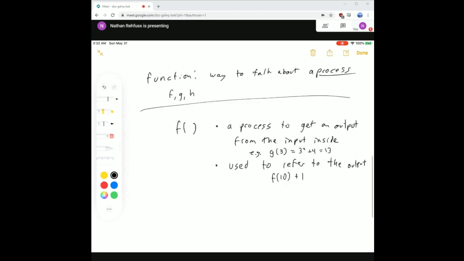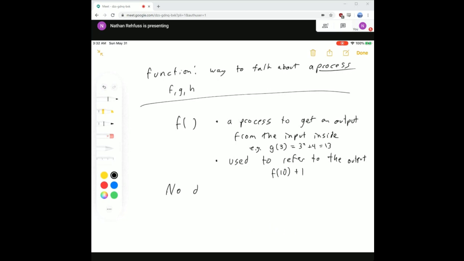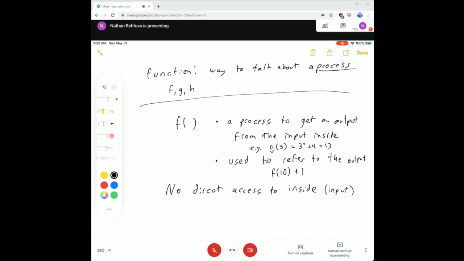And I want to be clear, there is no direct access to the inside. And the inside is always representing the input. So we put the input inside, like I put the input 3, and then the output goes after the equal sign. So g of 3 refers to the value of the output I get when I put 3 in, and that output is 13. So the whole thing is the output. The number in the parentheses is the input. We don't have any direct access to the inside or the input